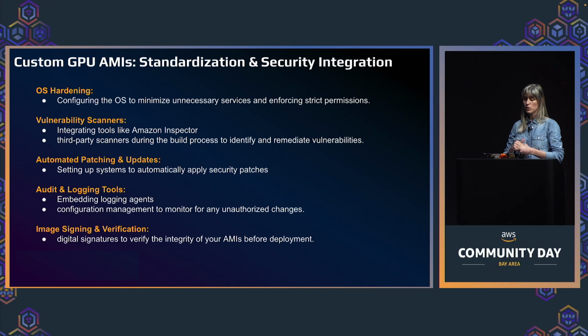So when we're talking about GPUs and EC2s and nodes, usually we install certain things on them called AMIs. There are public AMIs, and sometimes we build in-house AMIs. For this kind of load, I recommend investing in designing your own AMIs. It's doable with automation, and on the next slide I will show you a very open source and easy tool. But what you should be installing on those AMIs is certain things like vulnerability scans, because now you're dealing